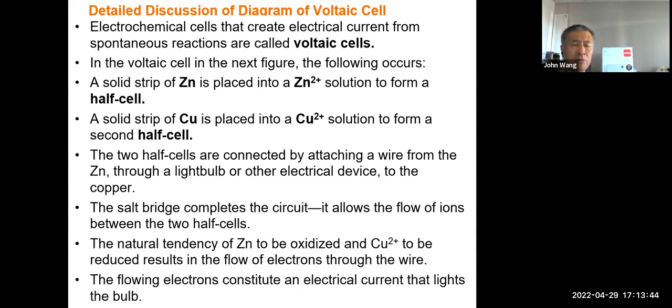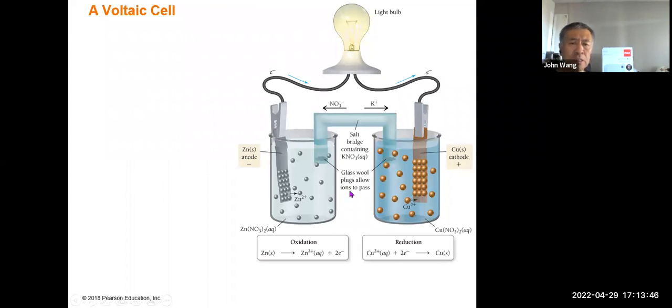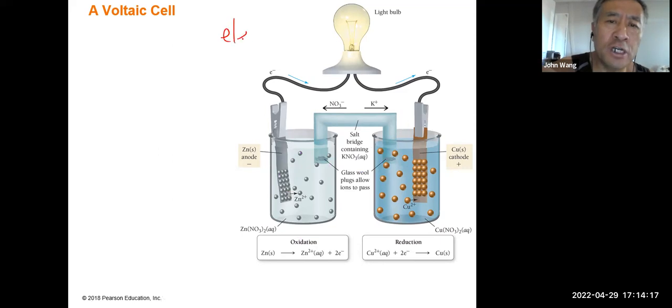The device I will show you in this picture. You don't insert the zinc into this solution, otherwise you will see the electrons just go from zinc to the copper ion in the solution. You want to use this natural tendency, so you separate these two reactions into halves, in two beakers. The oxidation will happen in this part. This part is called the electrode. The electrode is kind of the terminal in your common